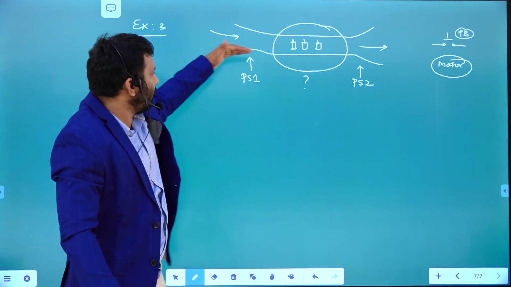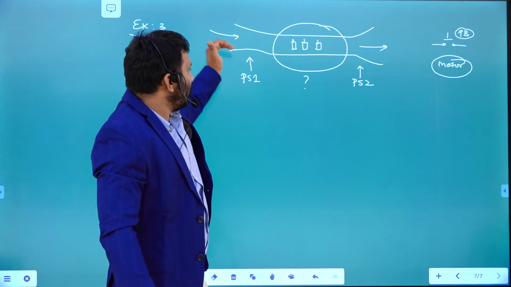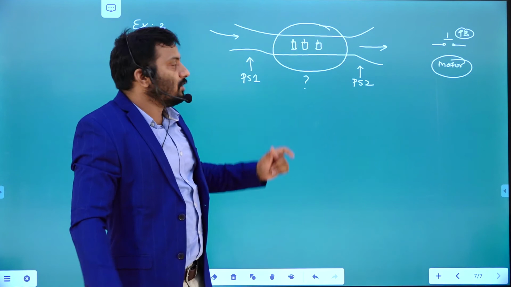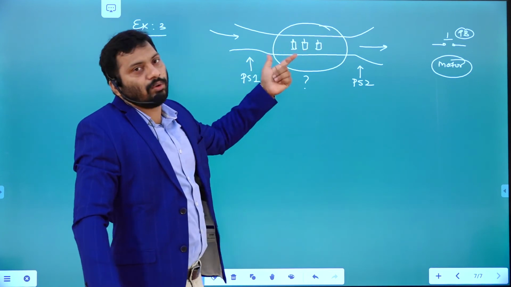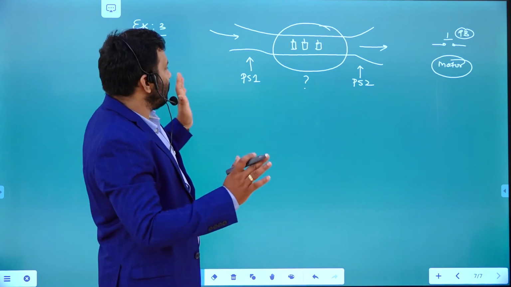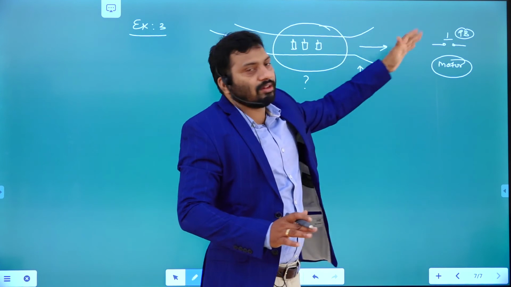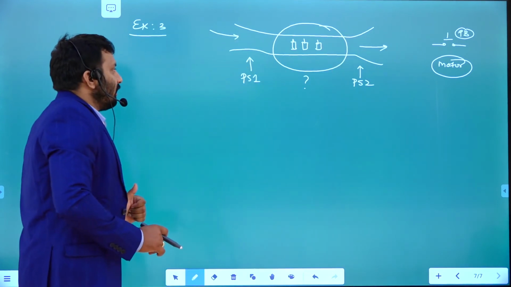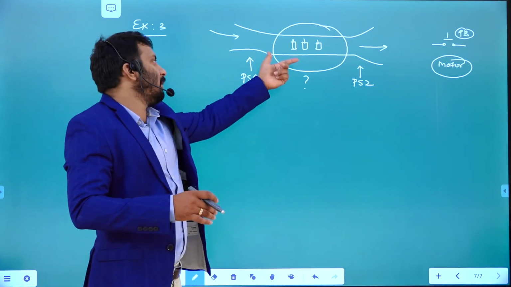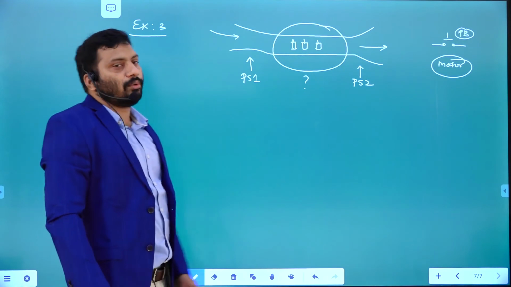While entering, we add some number, and while leaving, some number leaves, right? But the net number is what you want to know after processing. Initially, from this side bottles are entering, from this side bottles are leaving, right? So now in the middle, after some time, you want to know how many bottles are present on that particular conveyor belt. For that we need to write a program.